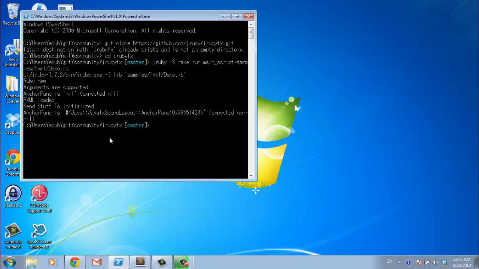And it is also a good way to test your changes if you decide to work on the JRubyFX library itself and want to contribute back, or if you need to try to fix a bug. That's a good way to run those changes. So once you've done that and you're happy that everything's fine, you just JRuby -S rake install, and that will install it as a gem into JRuby, and you'll be good to go. Okay,